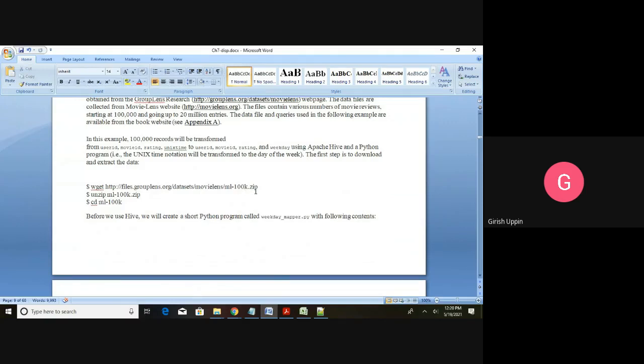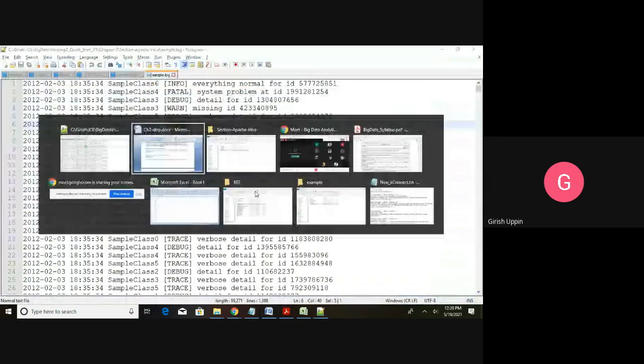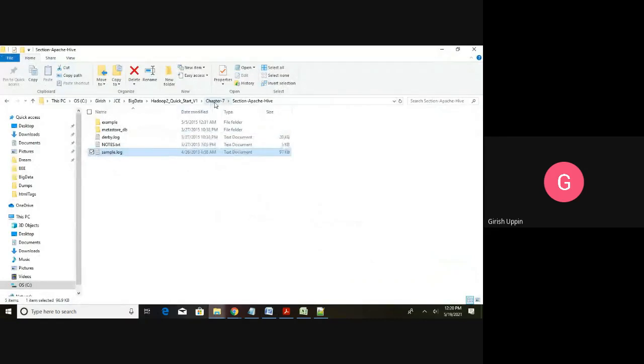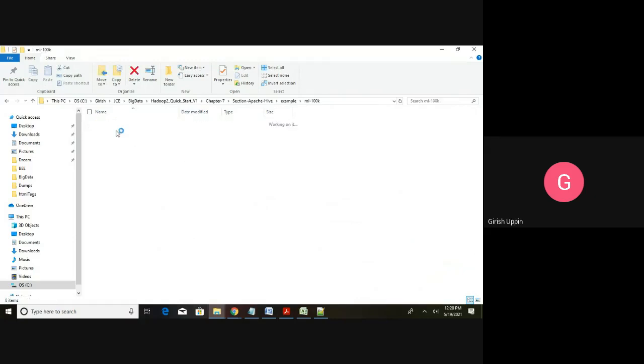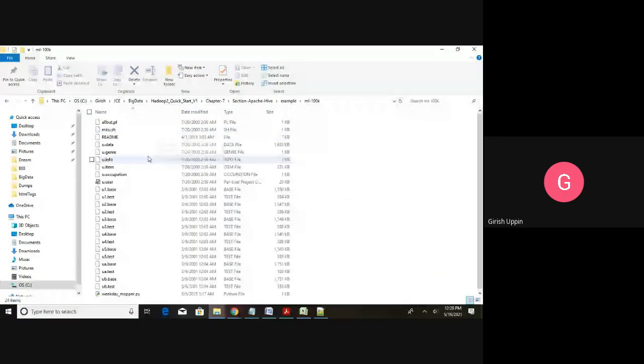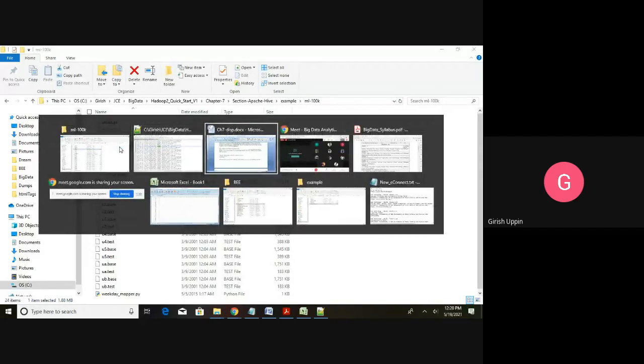I will show it is available in the same folder. Go to example. You can see here ml-100k. This is the folder, and inside the folder this is the file we are going to use, the data file, u.data. That is the file required for running this example.